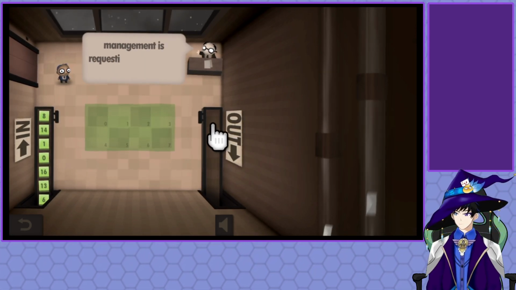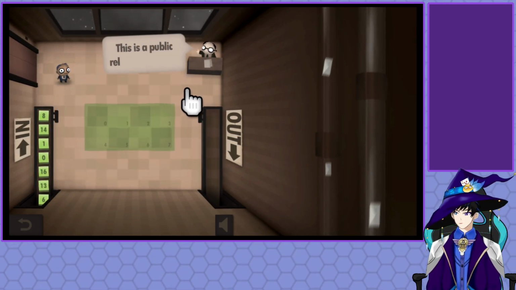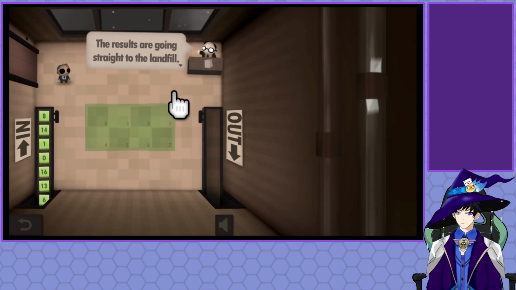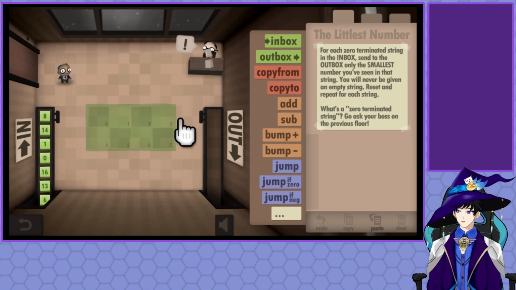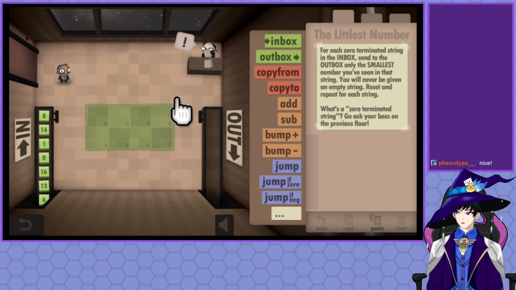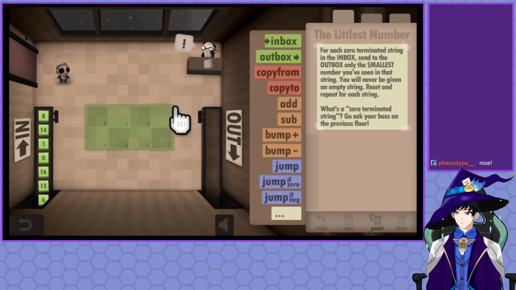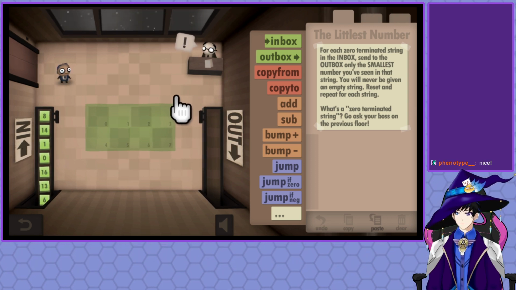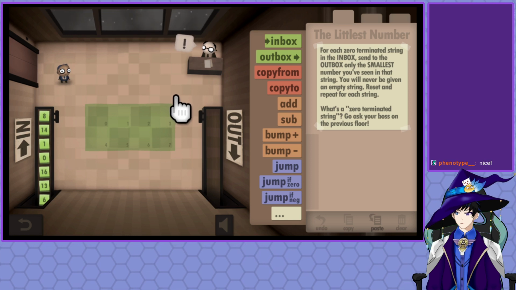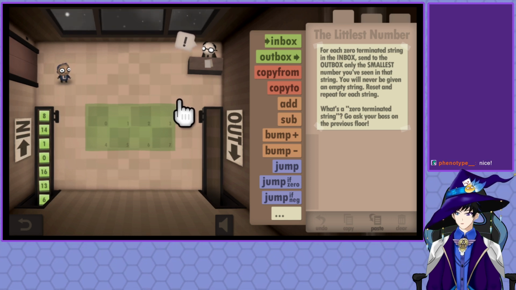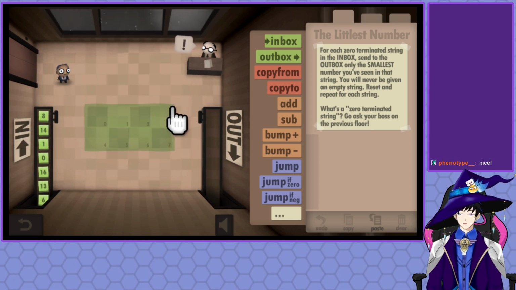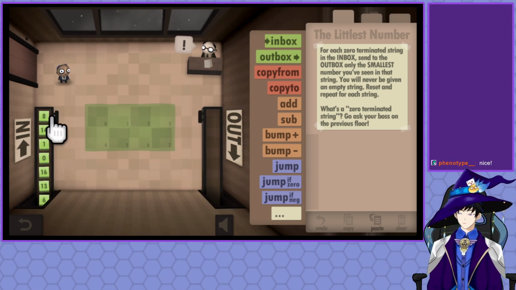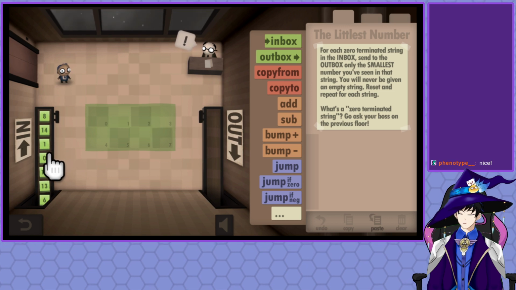To reduce carbon footprint, management is requesting the smallest numbers only. This is a public relations exercise. The results are going straight to the landfill. Okay. For each 0 terminated string in the inbox, send the smallest only. You will be given an empty string, reset, repeat your string. What is a 0 terminated string? Yada yada yada. Okay, so based on this, it means grab these two numbers that are not 0